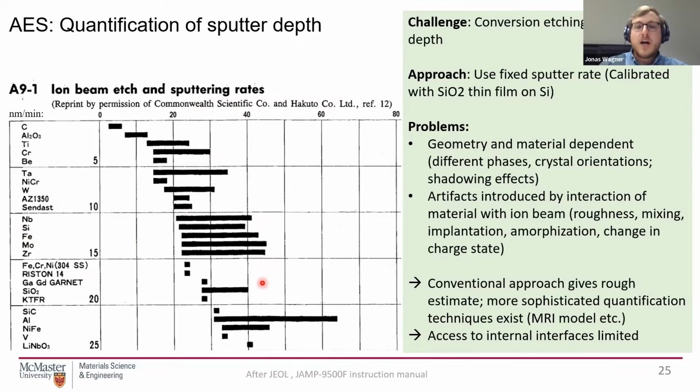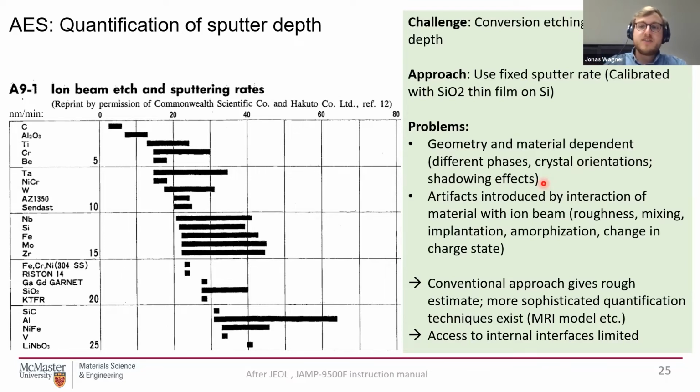And such a wide spread, of course, can come from different alloying additions. But here, for the case of pure iron, it is just different crystal orientations, right? We have to take that into account. Different crystal orientations will have different sputter rates. They will be more or less susceptible to the impinging argon ions. You also see shadowing effects from surface features. I will give you an example in just a bit.